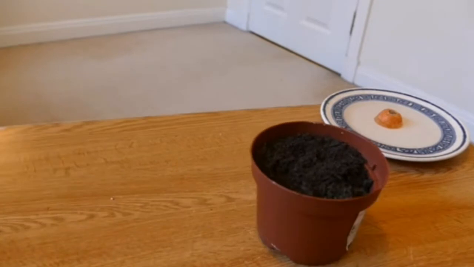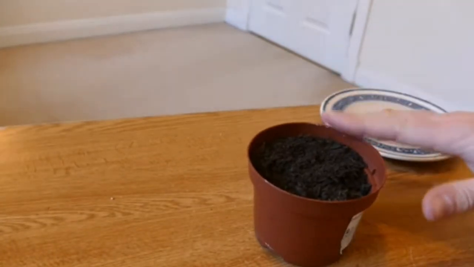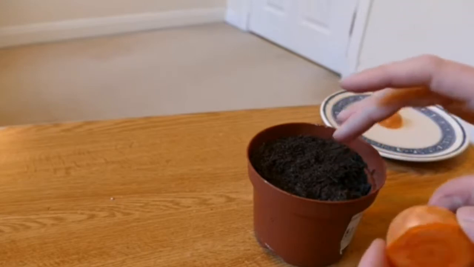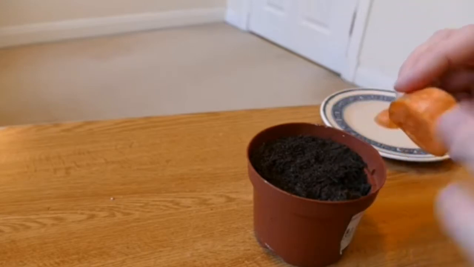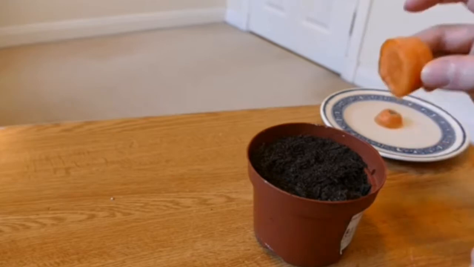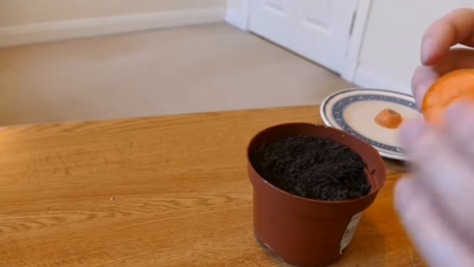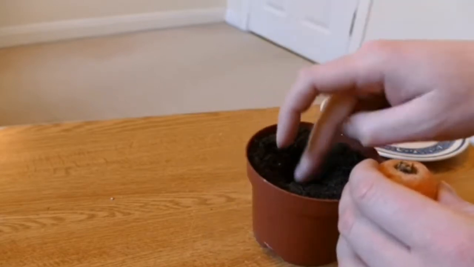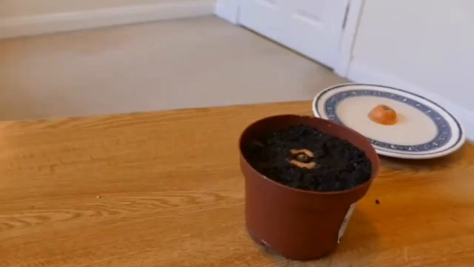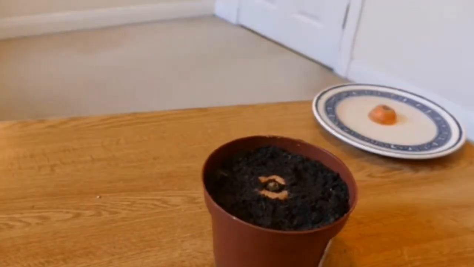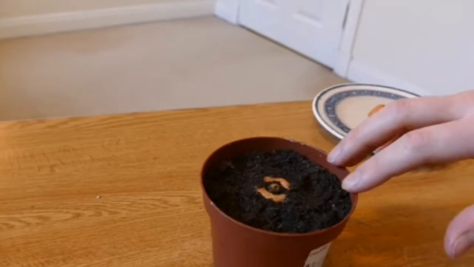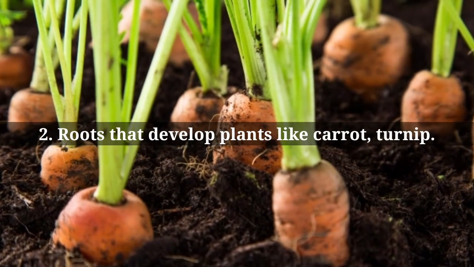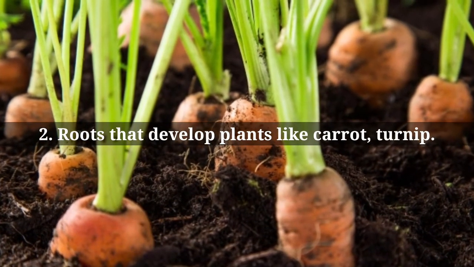I will take one pot with black soil or nutritious soil in it, and now that wet carrot's upper part only, we will bury this part in the soil by making a burrow in the soil. Note that only the upper part can work, no other part of the carrot can work, because this proves our experiment. After doing the same procedure, we see that the carrot plant will grow after 12 to 15 days. So therefore we can say that roots develop plants like of carrot and turnip.